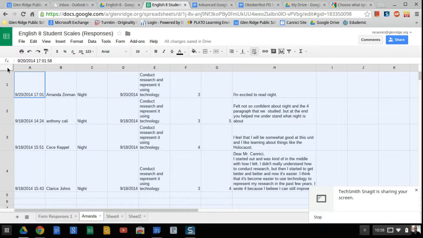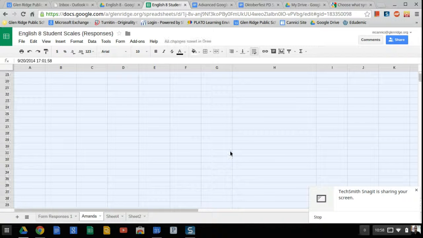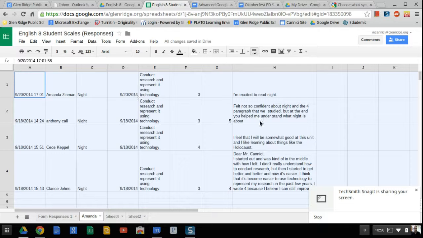What I recommend doing is if you click this little box up here and click text wrapping, that'll make sure, I just clicked it off. Now I click it back on. Everything in this sheet is going to have text wrapping, so it won't go in a long line away here. It'll all stay right in front of you. So this is one way that you can really organize your data